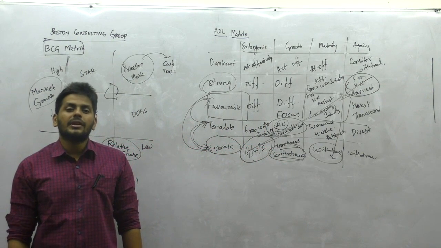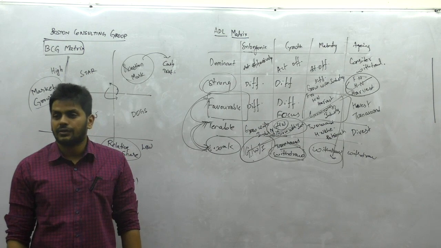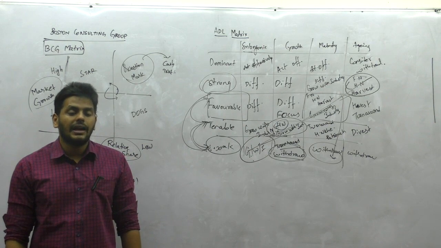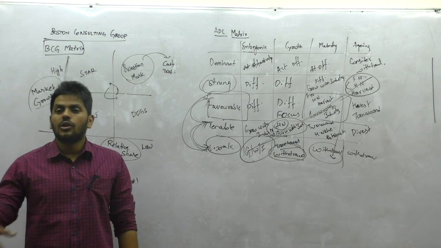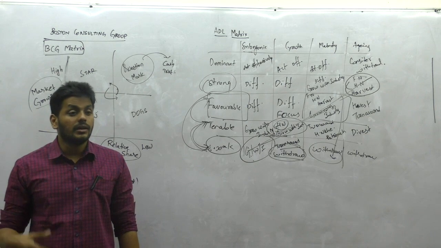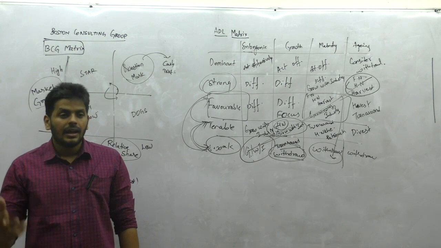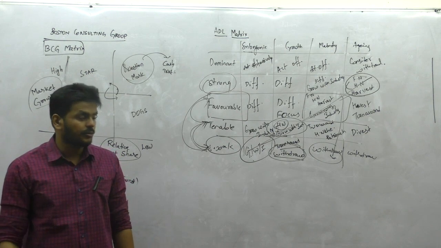There's one last topic in this chapter which we'll cover in our next class, which is about SWOT and TOWS analysis. First you got to do SWOT, and then we'll do TOWS, which is a reverse of that analysis, and I will explain in detail what we are supposed to do.